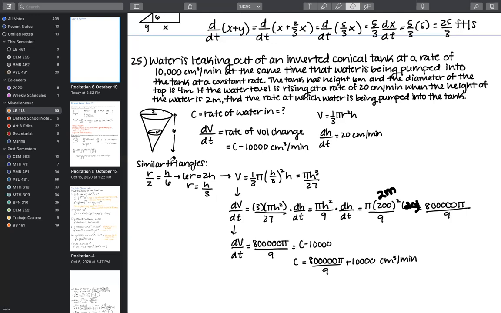Can you explain how dV/dt of the volume function is? I understand how it's pi h cubed over 27, but then how does that turn into 3 times pi h squared over 27 times dh/dt? Okay. So this is kind of that variable and function situation. First we're going to do the power rule on h. H is changing, so it's a function. We drop the 3, keep the 27 in the denominator, keep the pi because it's a constant, and h squared. Are you good so far on this power rule step?